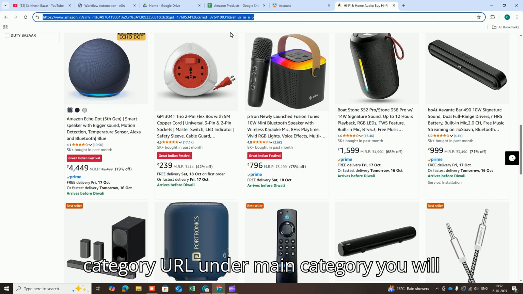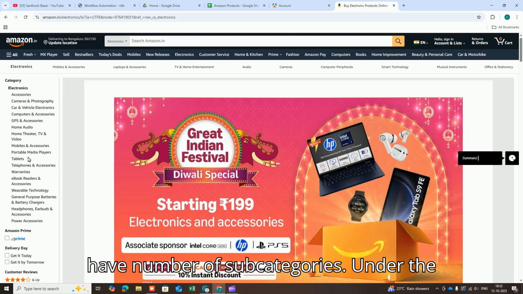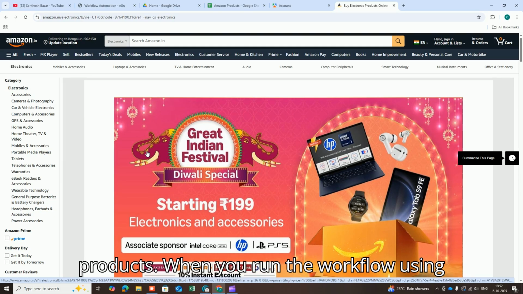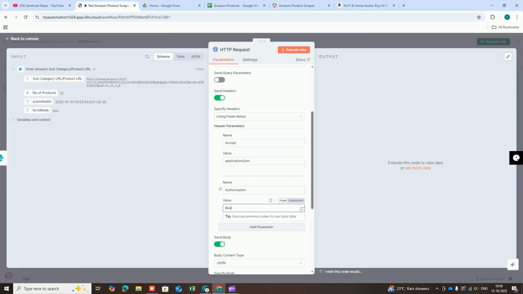Why are we giving the subcategory URL? If you give the main category URL, under the main category you will have a number of subcategories. Under the subcategories you will have a number of products. When you run the workflow using the category URL, it might be